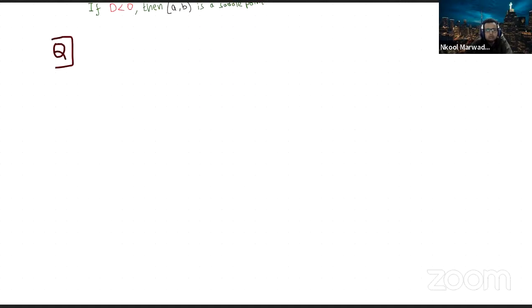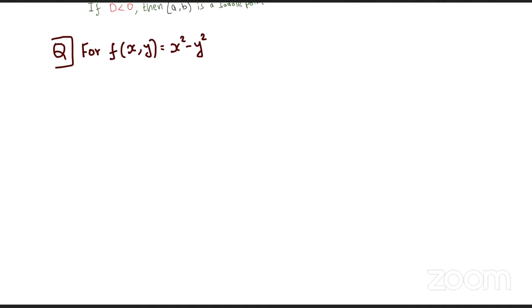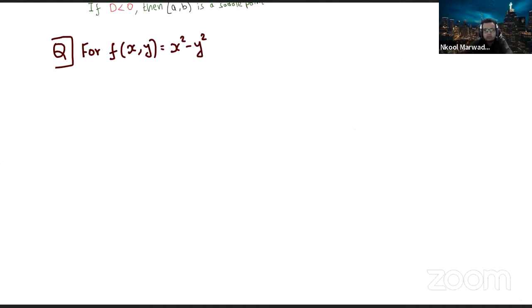Here, for f of x comma y equal to x square minus y square, this is the function. For f of x comma y equal to x square minus y square,